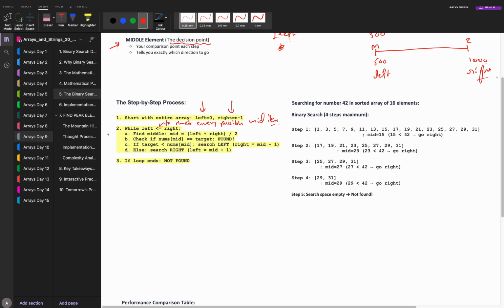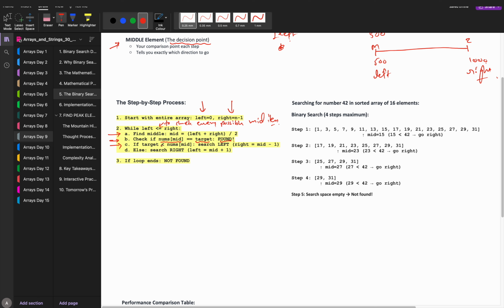Now once we have our left and right, and left is less than or equal to right, then we will try to find the middle. Middle का formula क्या होता है? Obviously, boundaries index का sum को divide by 2. So left plus right divide by 2. We'll optimize it later, don't worry. So left plus right divide by 2. We now found the middle index. Now check if the item at mid is equal to target or not. If it is found, good enough, and you can return directly. No issues. You can return found.